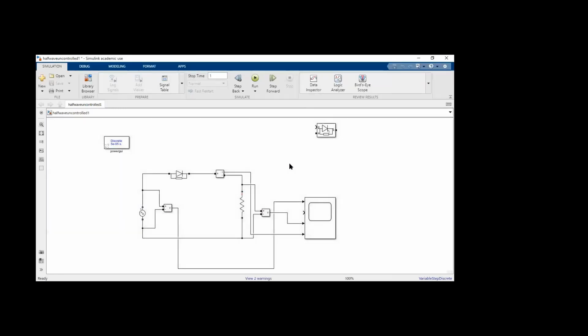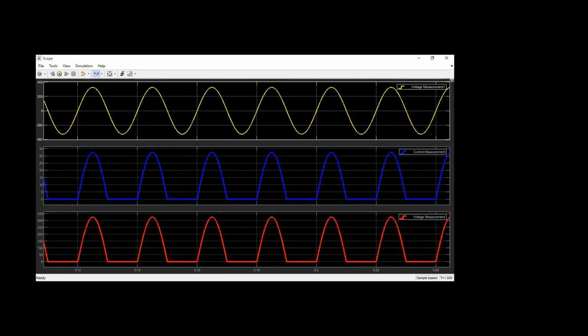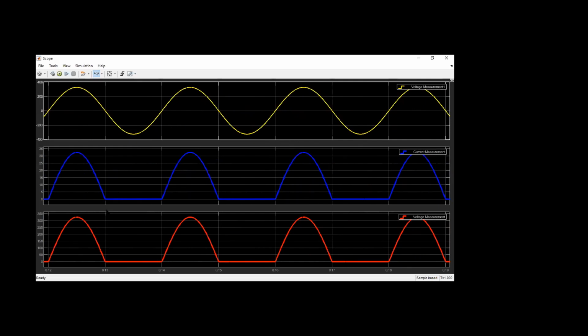Earlier, in the controlled half wave rectifier, a firing angle of 30 degrees was given, but here I have removed it. I have considered only a diode. I'll show you how the result will be. Now see this. If you observe the diode rectifier, you can identify there is no firing angle. So it directly conducts from 0 to 180 degrees. The other half has nothing, then the next half will be conducting.